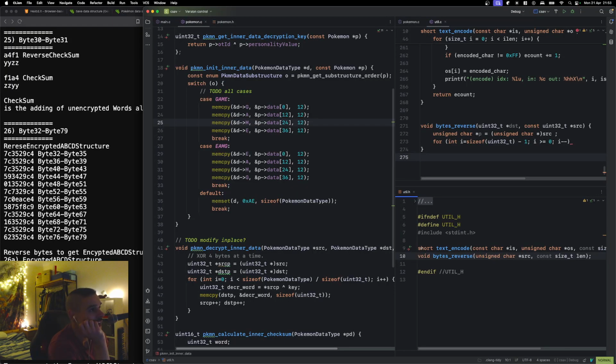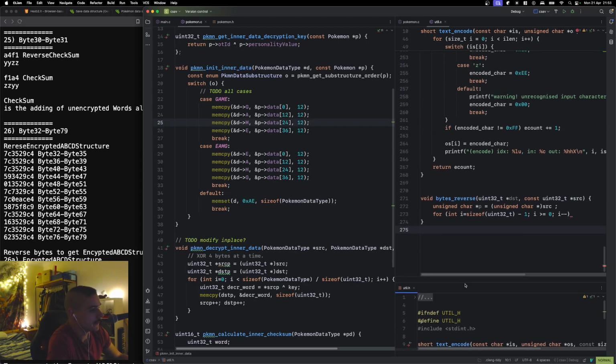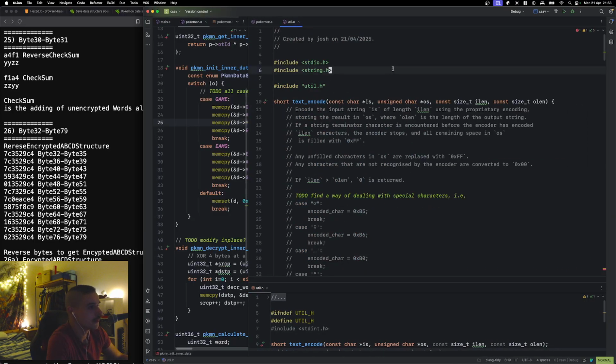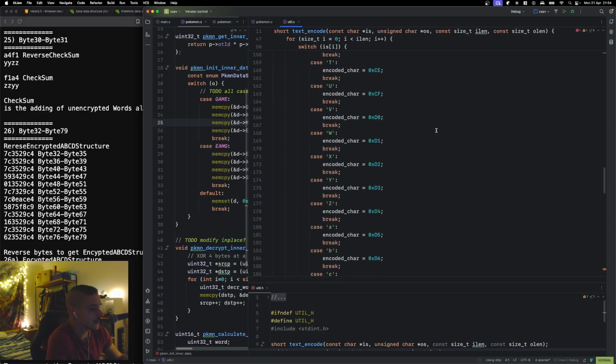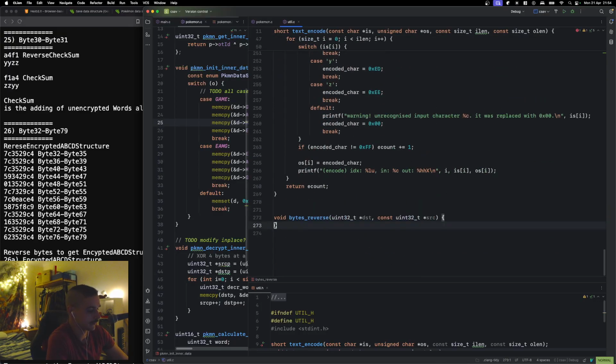Okay. I guess it's worth doing that. So I think we need some kind of math library here, because we want to do a floor. So we want to floor